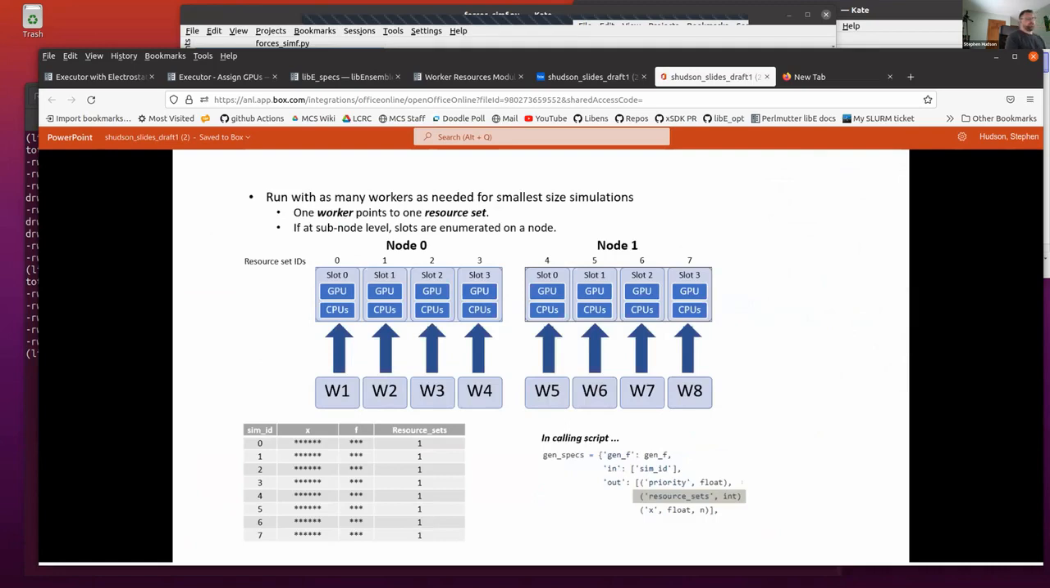So in this case, you look at the bottom right, you can have special gen specs called resource sets. And this is the amount of resource that you want to give to your job. So it's a bit like an input for your simulation. Now, to explain a resource set, if we look at this diagram, we have an example where